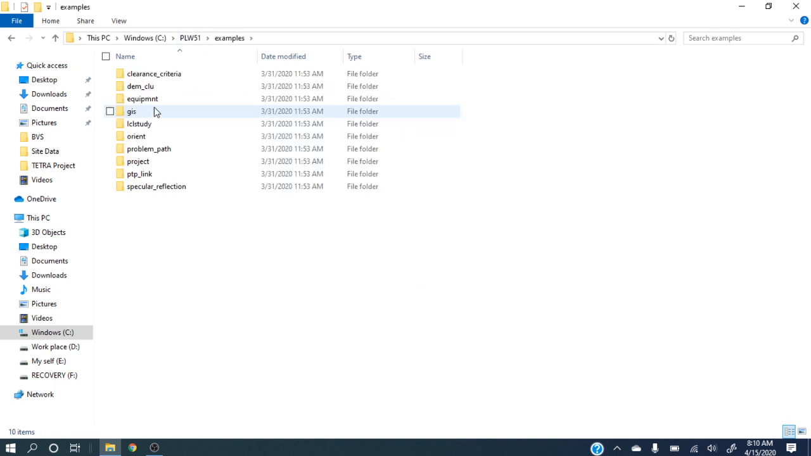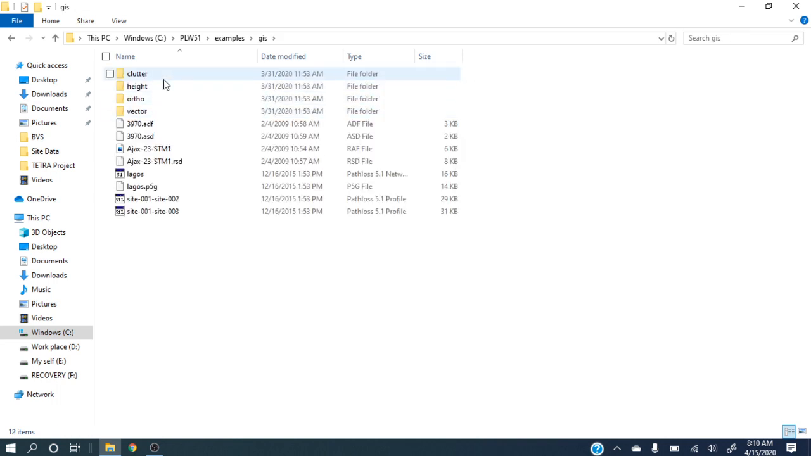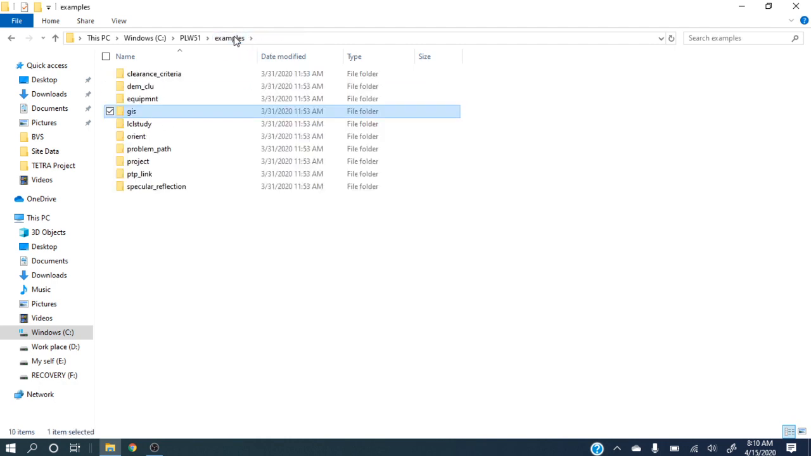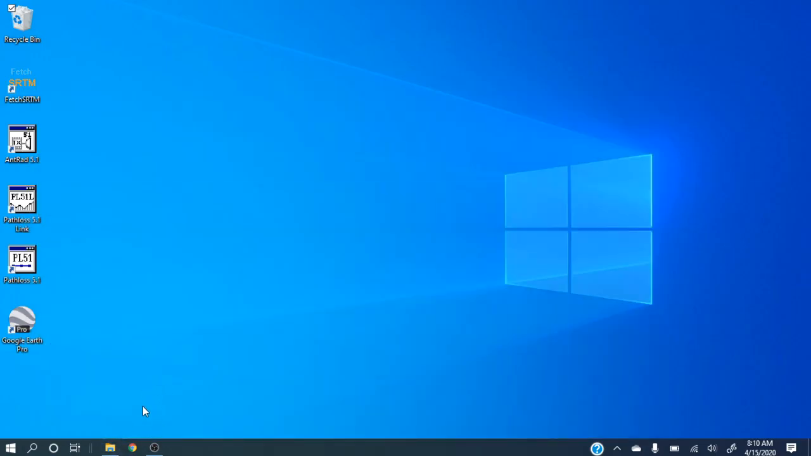So you have equipment files, you even have GIS files, but these are sample files for a small area in the US. So you have to have all the required files if you want to go ahead. And let's go towards